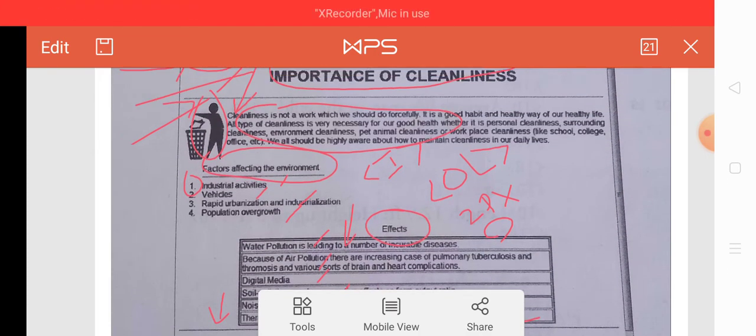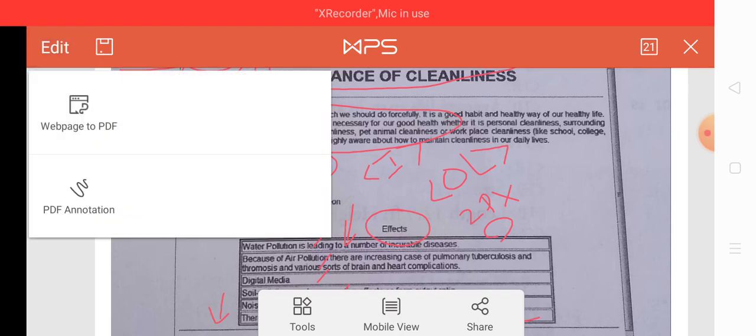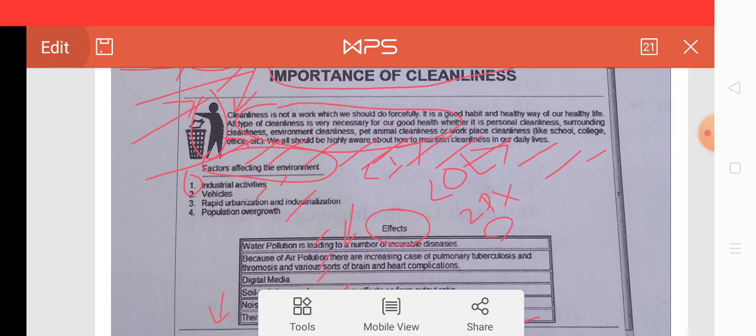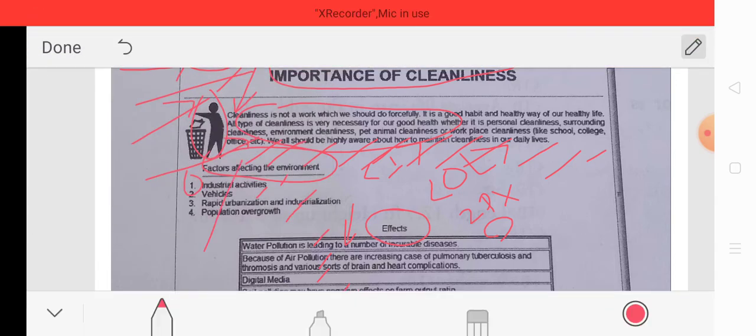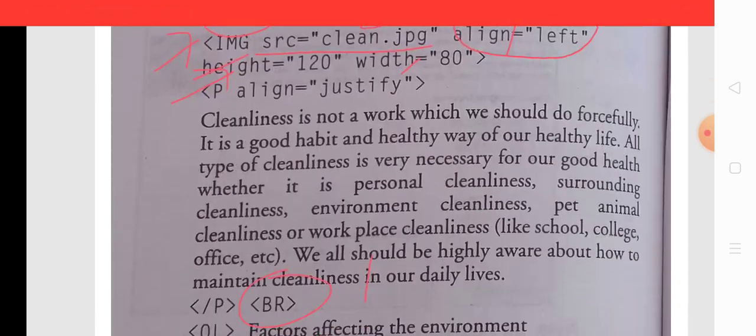Now see here that after the paragraph there is a space. This is a space, so it clearly indicates there is a space, so we use the br tag for that purpose.